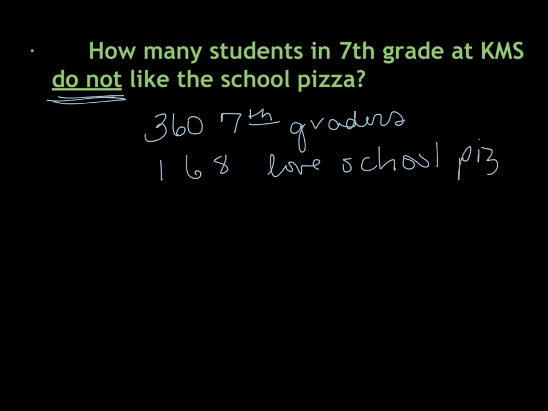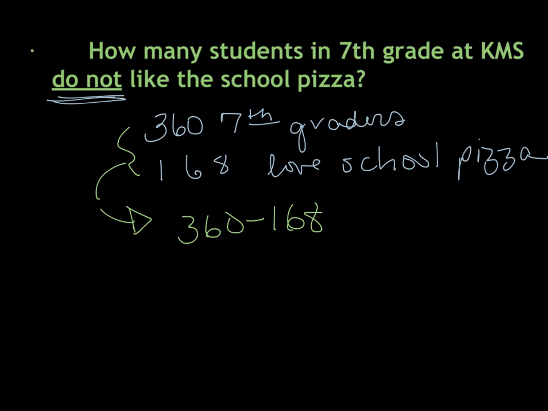So of course, to figure out how many of them do not, I'm going to take those two numbers and I'm going to subtract 360 minus 168, and that would give me 192 students, 192 seventh graders, I should say,